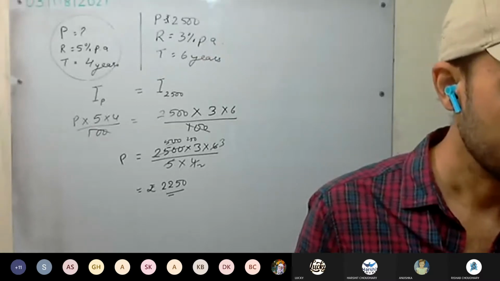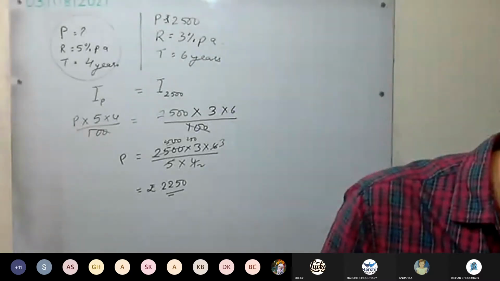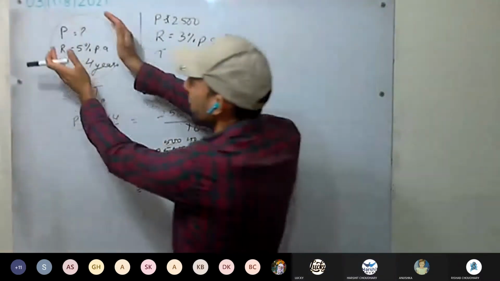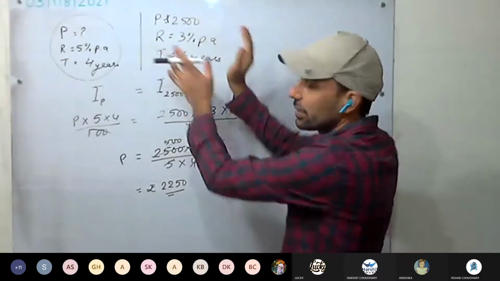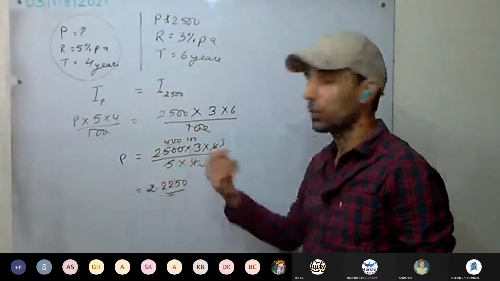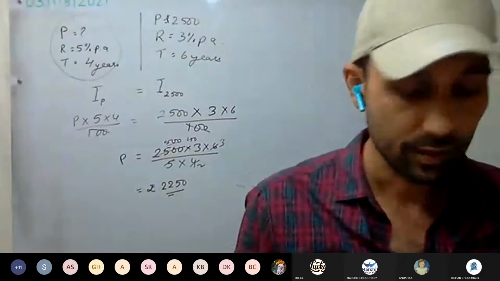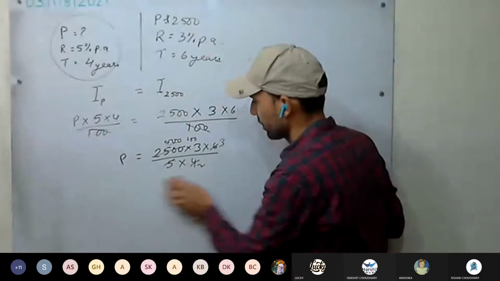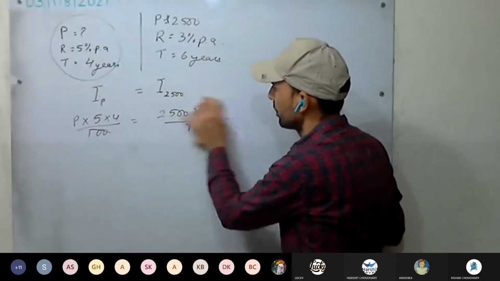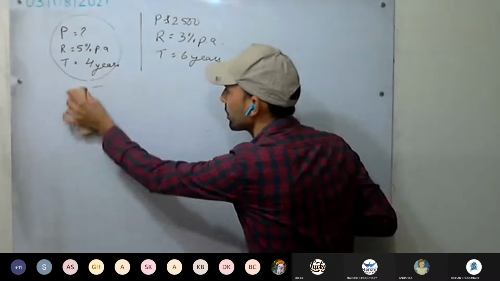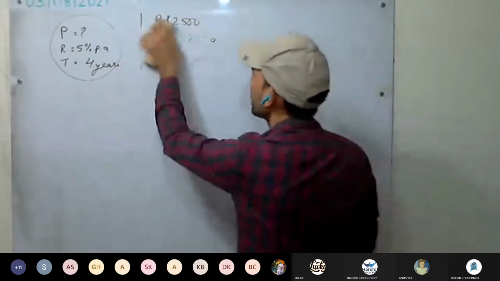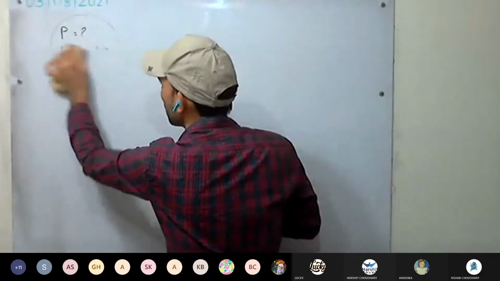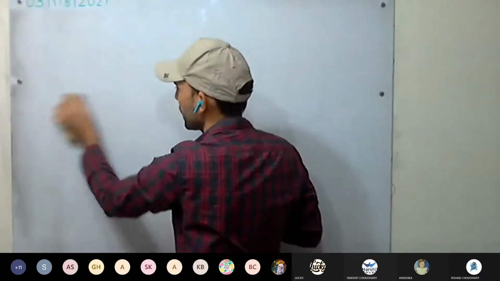Have you understood the 18th one? 18th we are doing. 17th, have you understood? So whatever interest we are getting is the same as the interest over these. This is the question. So we equate them and we can calculate the P. Okay. Read the next question. Try the 18th one, everyone. Don't wait for me. Start doing it in your rough notebook. Whatever you understood, try it once.